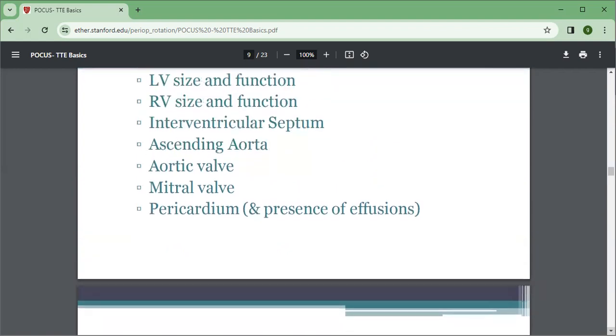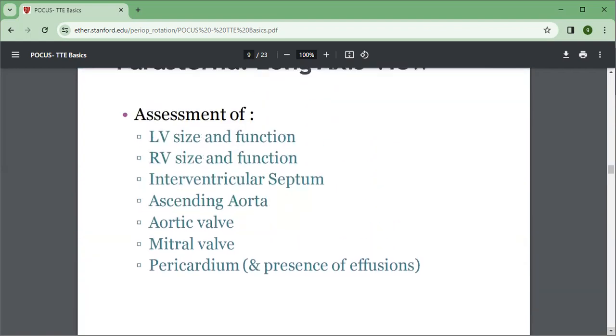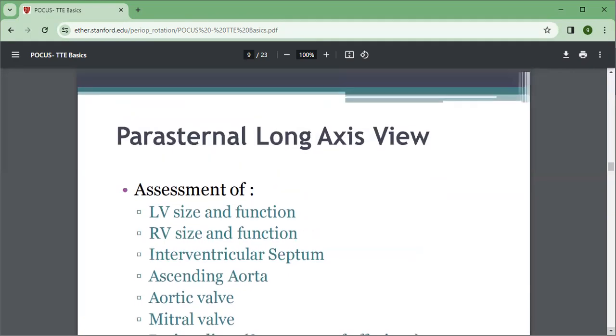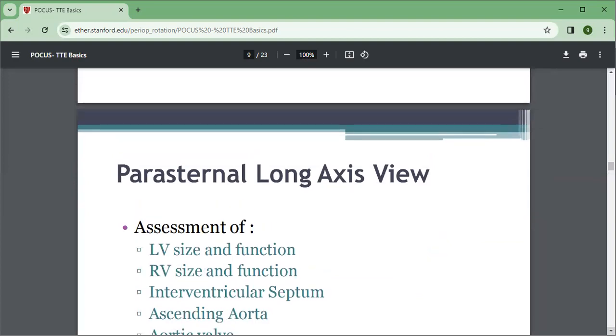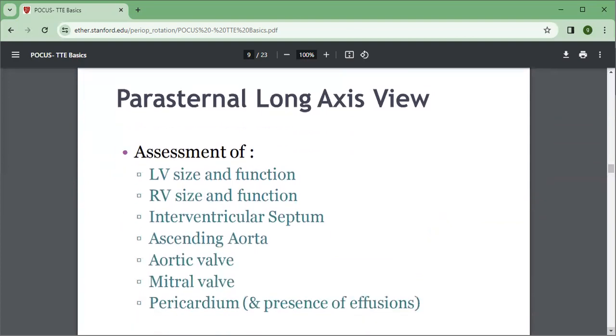Those are the things you check in this part of the parasternal long axis. The parasternal long axis is all this what you see here. The various pathologies you see in this parasternal long axis, you will be able to see whether there is